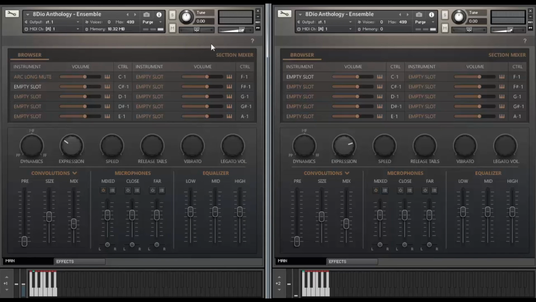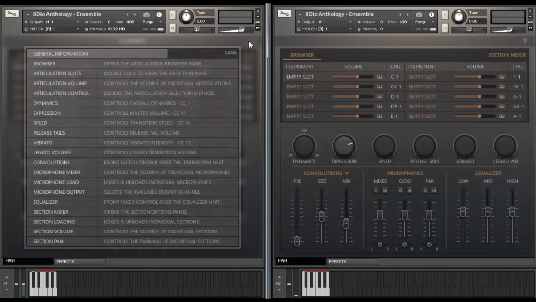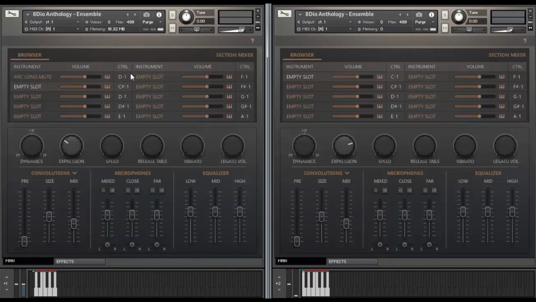There's been so much going into this, and if you ever need help, by the way, always click the little question mark up here, and you can get a full overview of the library. You can also see what CCs the different things are assigned to, and of course you can always change that if you want to change any of these things, both in terms of selecting key switches here, but you can actually also assign it to CCs by clicking this guy here. So it's super easy to use, but